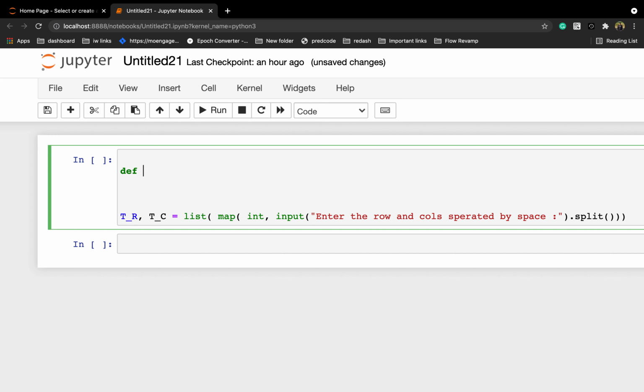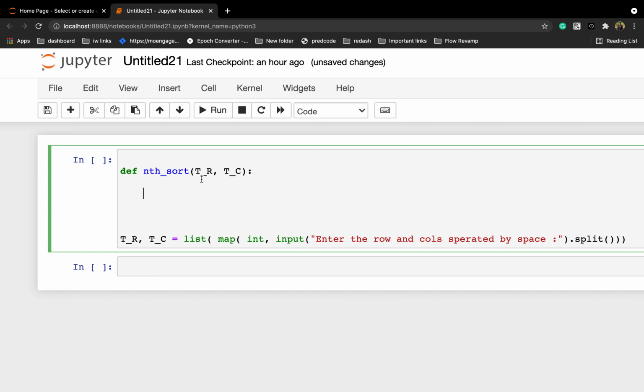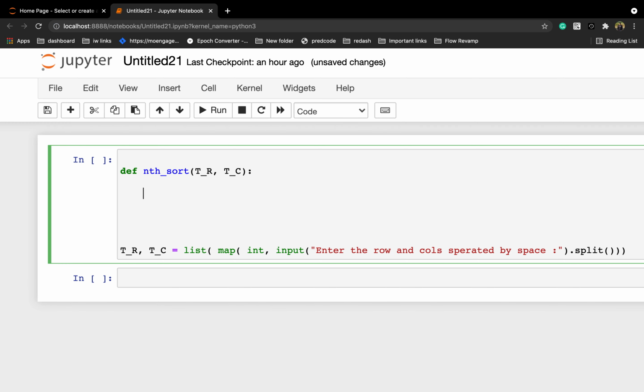Now let me create a function using the def keyword, and then I'm writing nth sort. I'm passing this tr and tc to this function as arguments, and then we need to take user input, I mean, we need to take the input matrix as input, right? For that I am using a for loop, for i in range.